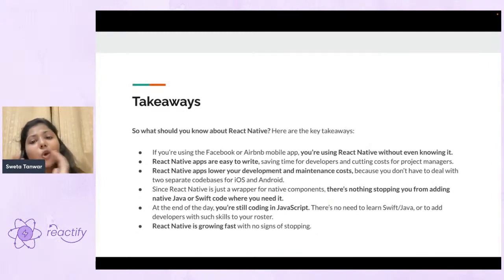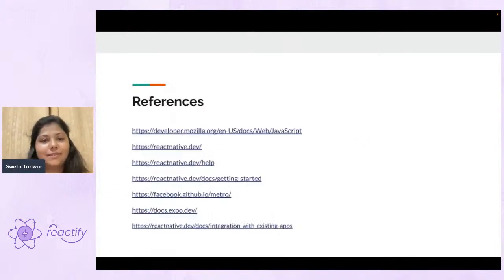They also have a Stack Overflow tag and a whole bunch of ways to get in touch with the community. With this, here are some useful references which might come in handy for you: the React Native Dev, the React Native Dev Help, Getting Started, the JavaScript MDN